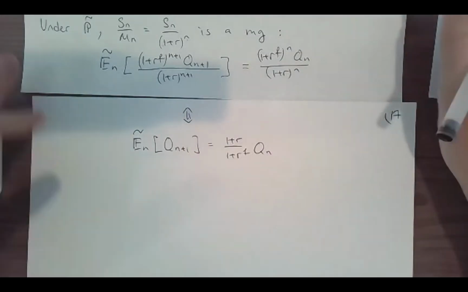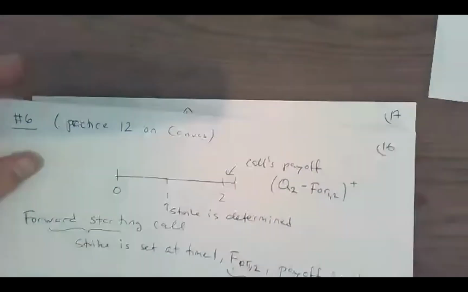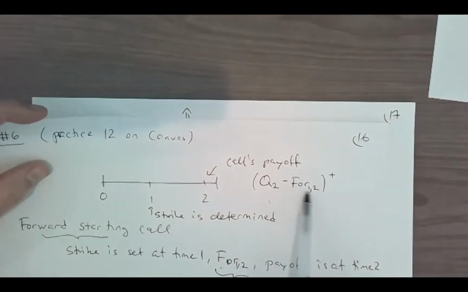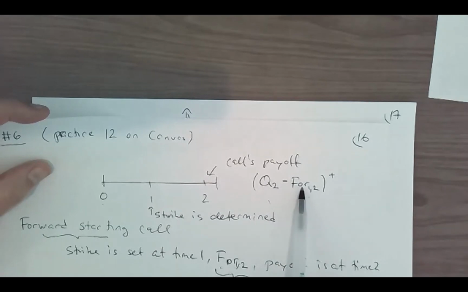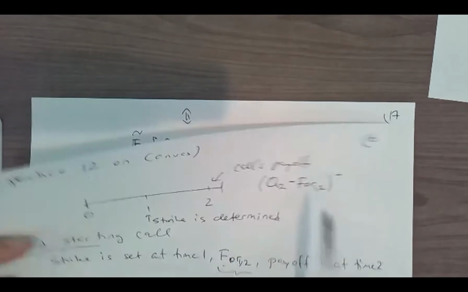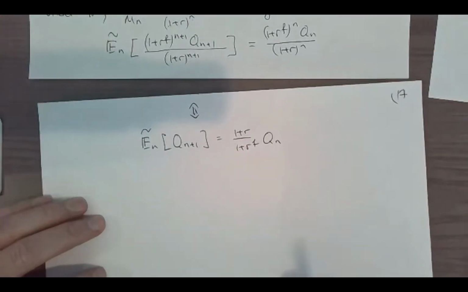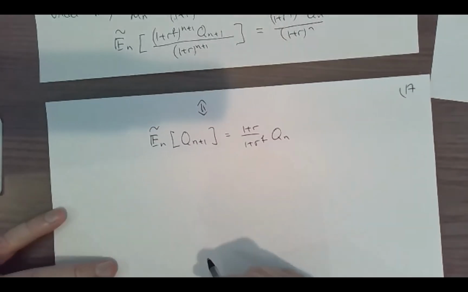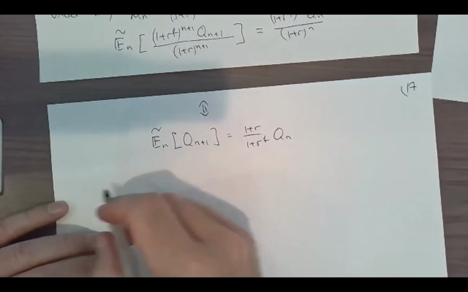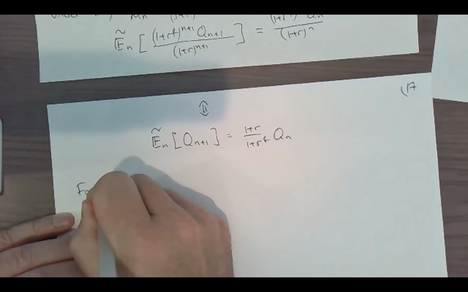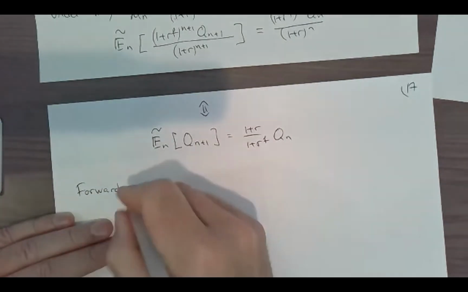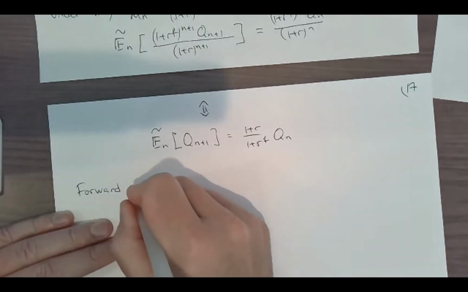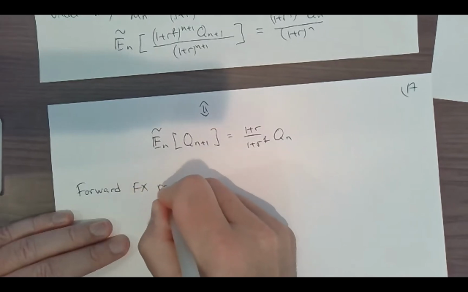Okay, so the first order of business is going to be to figure out what that forward strike is going to be. So let's figure out what this thing here is. That was what we did before, but let's try to redo some of it maybe. So we will see that for the forward price, the forward foreign exchange rate,